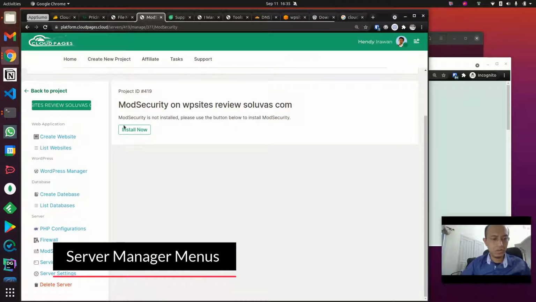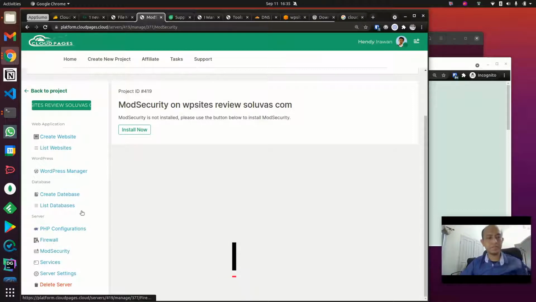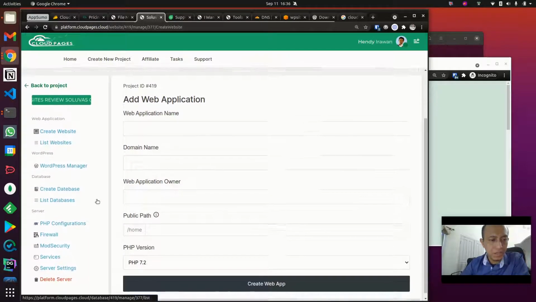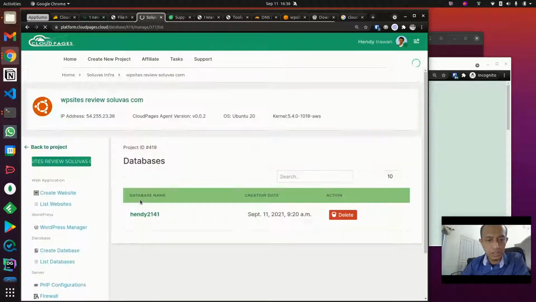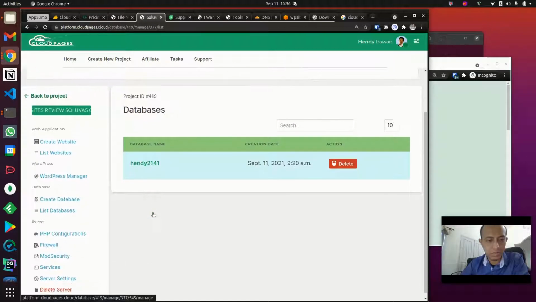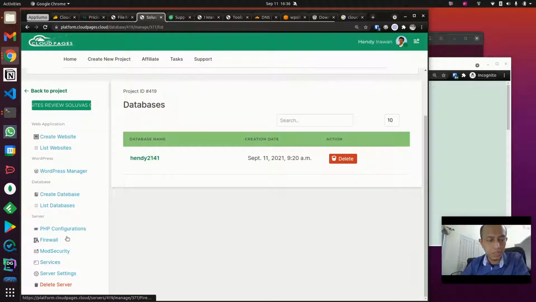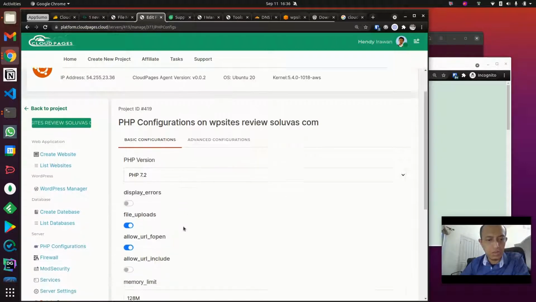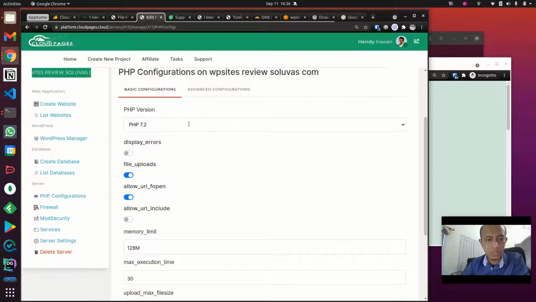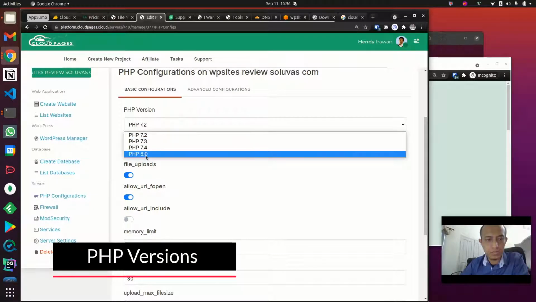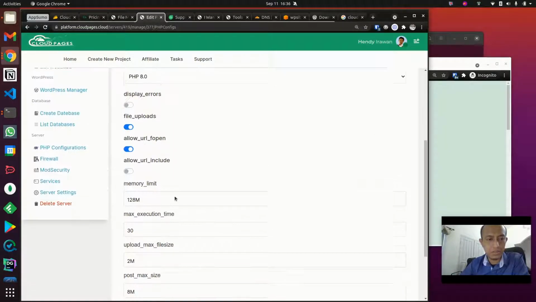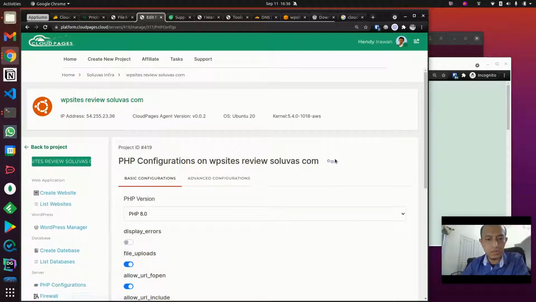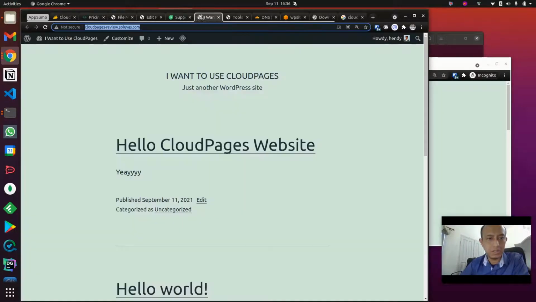And there's also a way to install ModSecurity here. So there are ways to create a website, the web application, and also WordPress Manager, and databases. So this one is the database that was created to install that website. And we can also manage PHP configuration. Let me see, can I change this to PHP 8 and then save it? After changes are saved,